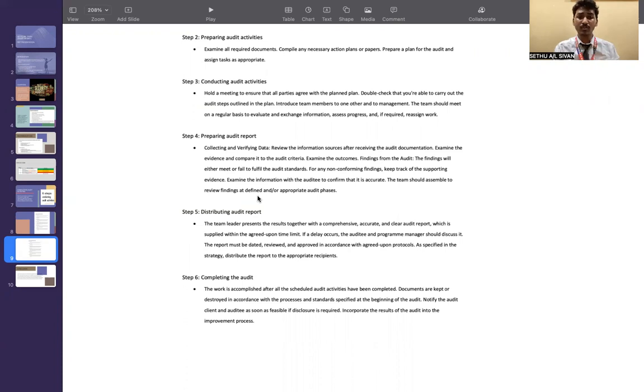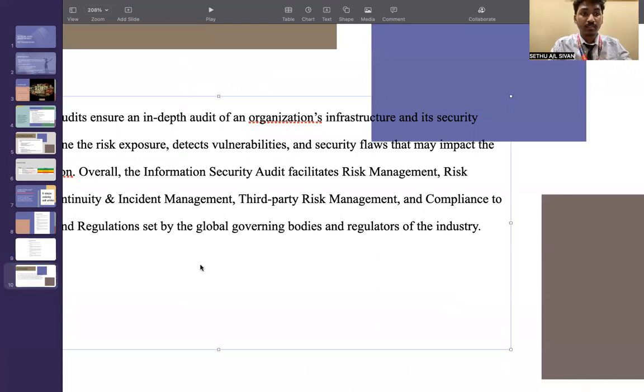The last but not least was completing the audit, the last step. The work is accomplished after all the scheduled activities have been completed. Documents are kept or destroyed in accordance with the process and standards specified at the beginning of the audit. Notify the audit client and auditee as soon as feasible if disclosure is required. Incorporate the result of the audit into the improvement process. So next is going to be the improvement process. And last was